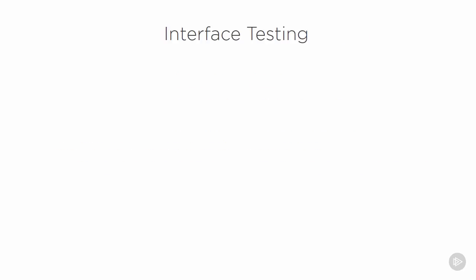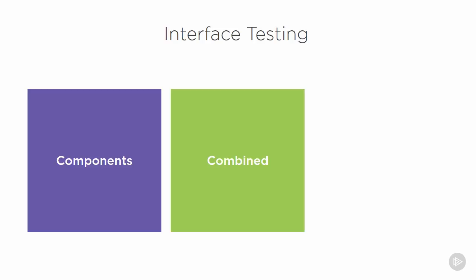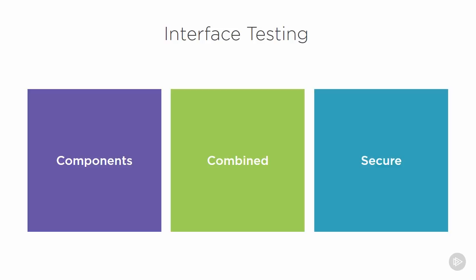Interface testing is a very important aspect of software testing. It involves making sure that components work as originally intended when interfacing with each other or with other applications. Interface testing involves testing the components in combination with each other. You will ensure that any communications and data is being transferred accurately and that the components operate in a secure manner. During interface testing, you will be required to validate that the data is not subject to any security concerns